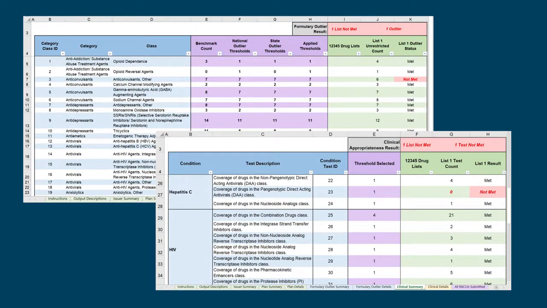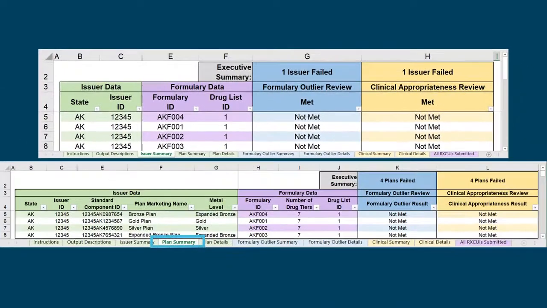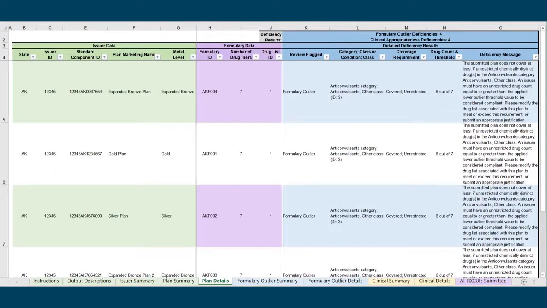The Formulary Review Suite will populate an Issuer Summary tab. If you imported data from the Master Review tool, you will also see a Plan Summary tab. These tabs will display review results at the issuer and plan level. If you imported data from the Master Review tool and any not met review results were received, the Plan Details tab will appear. This Detail tab will more directly identify the exact errors a plan receives, as well as detailed messaging to help you better understand why a plan has been identified as deficient and what steps you can take